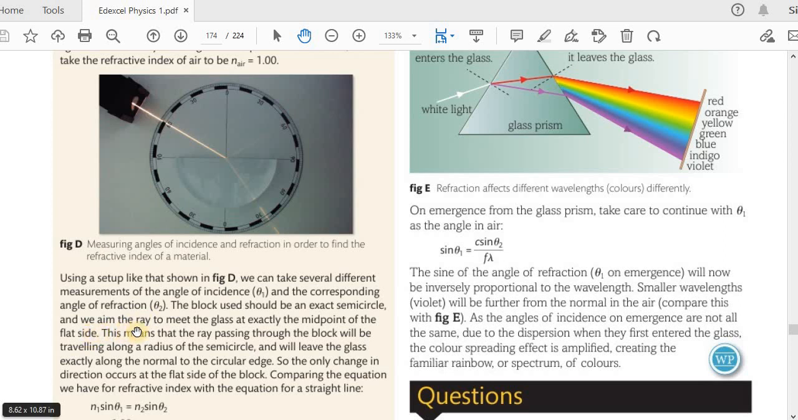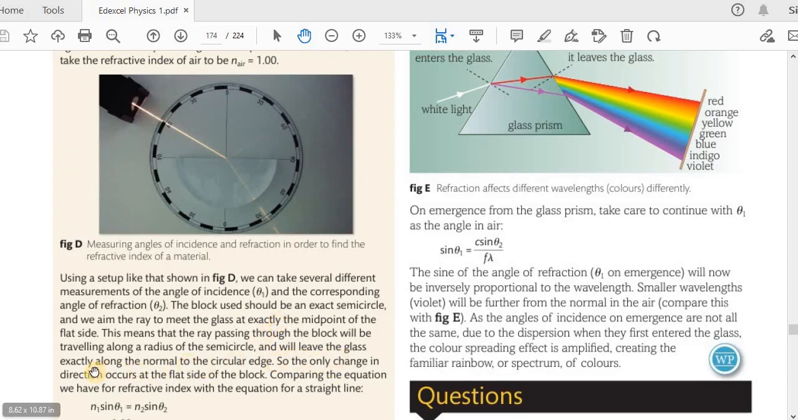And we aim the ray to meet the glass at exactly the midpoint. So see, this should hit the midpoint of that glass block, the midpoint of the flat side. This means that the ray passing through the block will be traveling along a radius of the semicircle. See, when it's coming from the center going like this, that will be a radius of the semicircle,